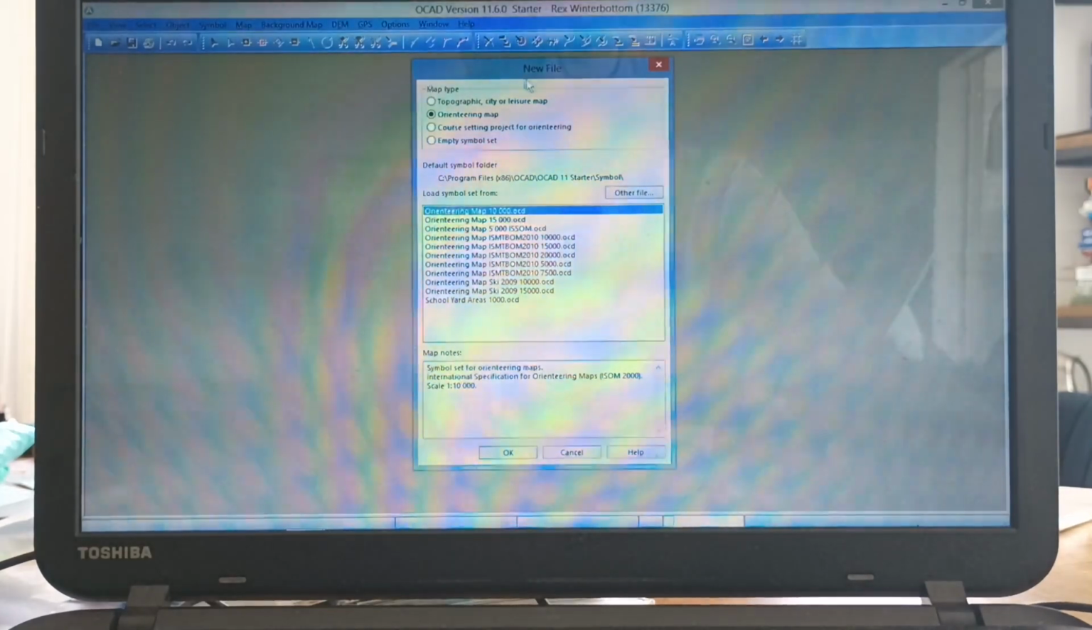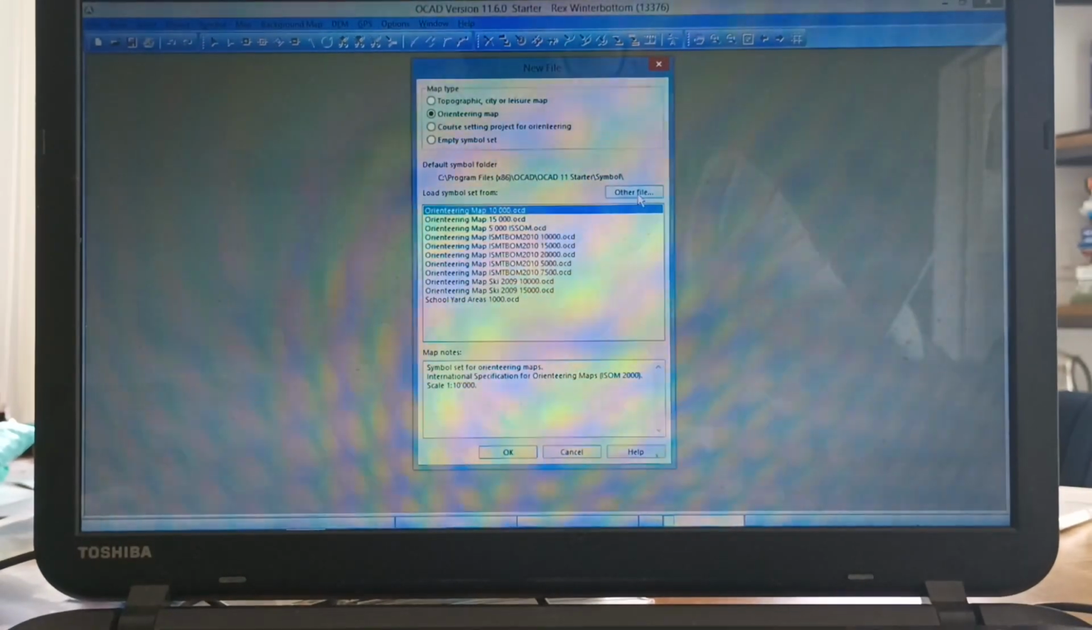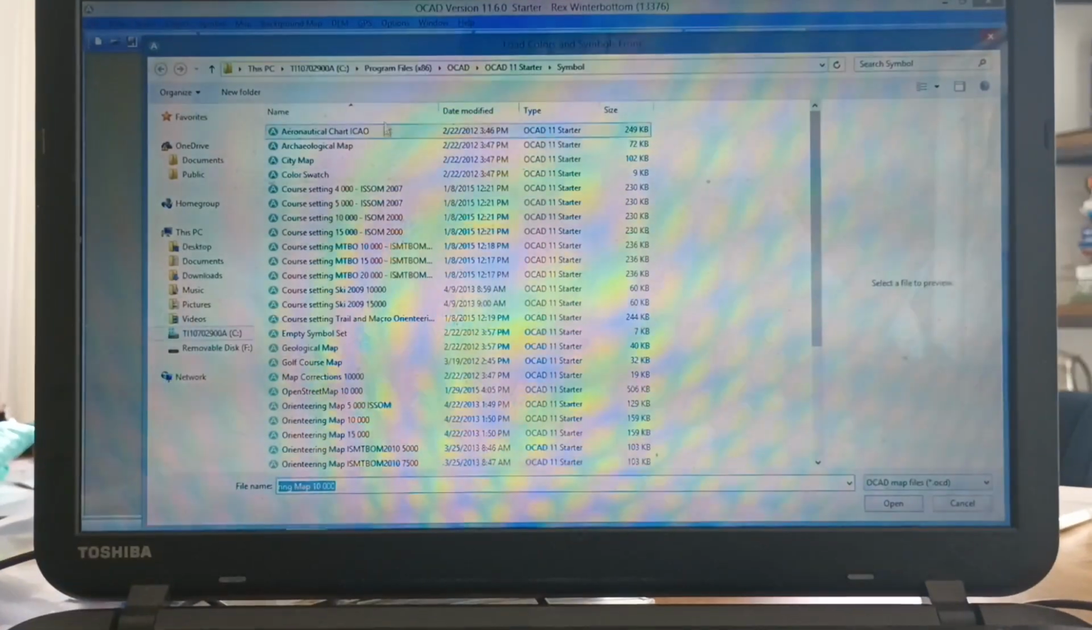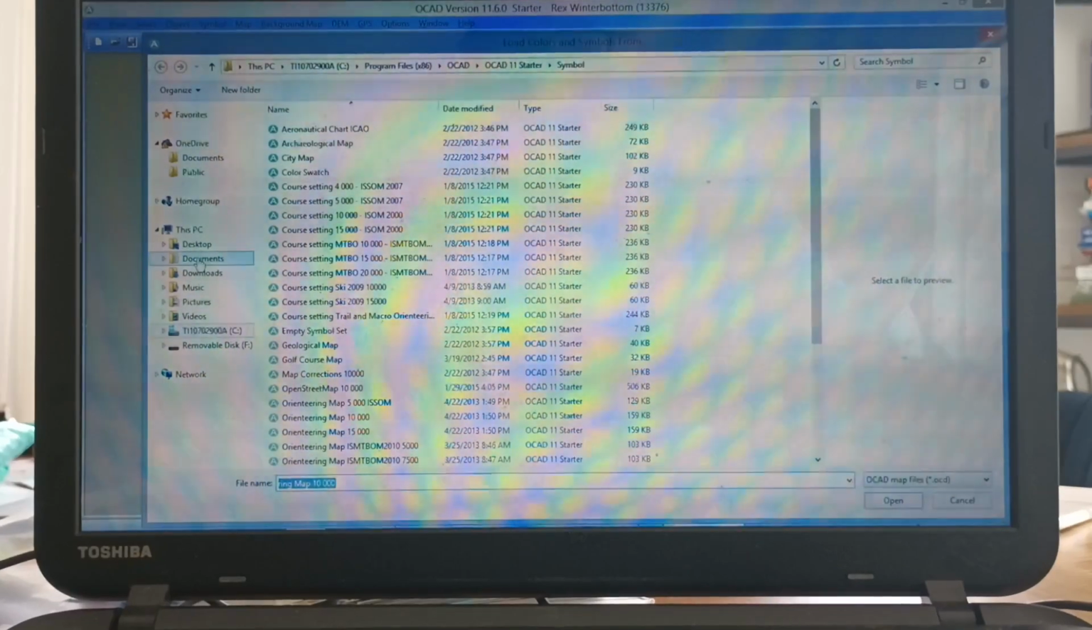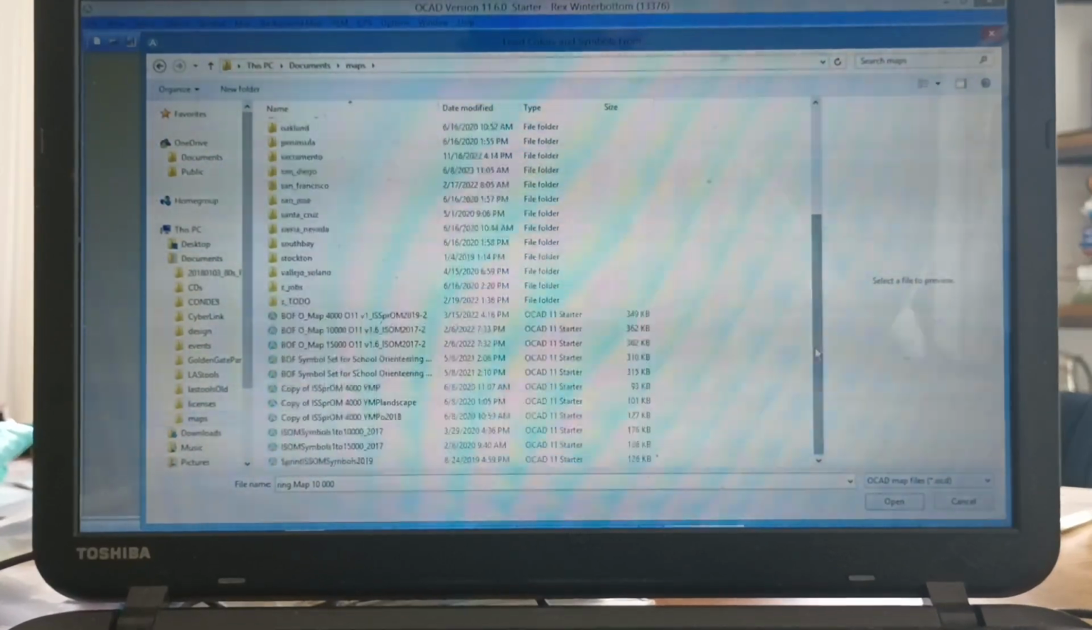Let's start from scratch. So we'll go to new. Where do we get our symbol set from? We do want an orienteering map, and I'll choose other file. And let's go to documents, maps. And so I've downloaded